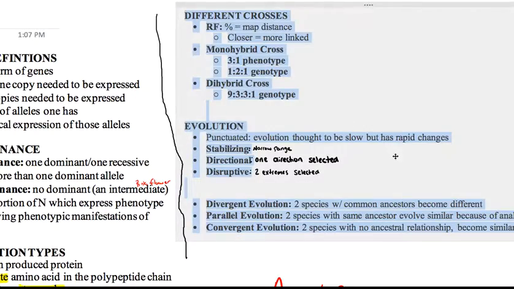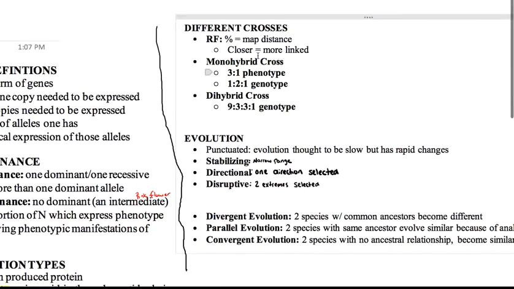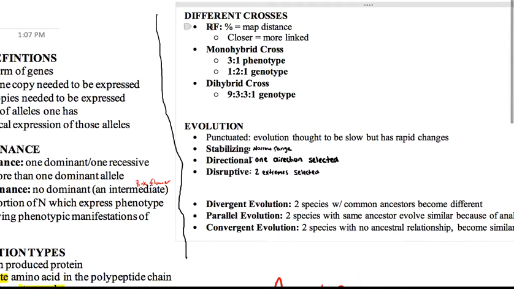All right, so now we have the different types of crosses. Recombination frequency is basically the percentage which corresponds to map distance. The closer two genes are, the more linked they are. So basically, the less chance they're going to be separated in prophase. You've got monohybrid crosses, which will be, for example, homozygous dominant, capital A,